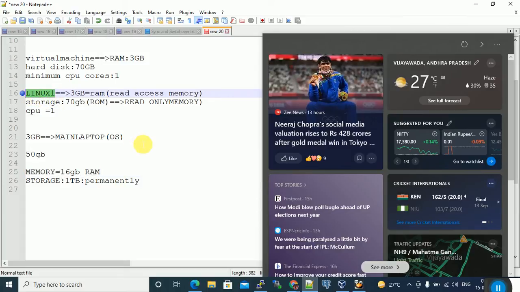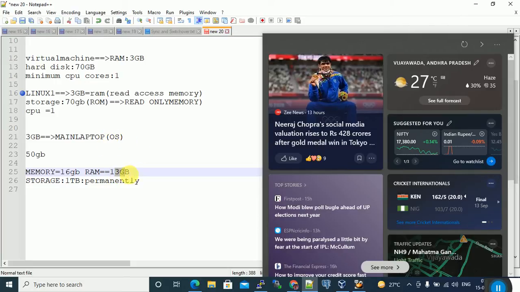How much free RAM remains? Out of 16 GB total, I created one virtual machine and assigned 3 GB RAM. So how much is left? 13 GB. So like this, how many virtual machines can you create?